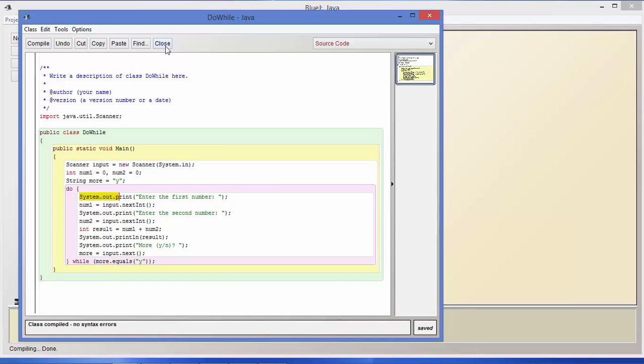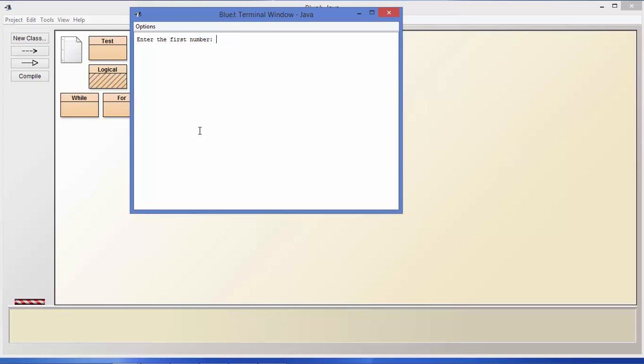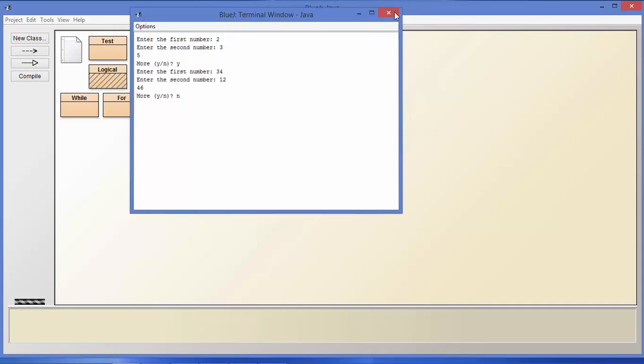No errors, so we'll close and we'll run the program. So we'll just enter a couple simple numbers, 2, 3. The result is 5. Do we want more? Yes. Let's do 34 and 12 is 46. That's enough. We've proven that we can do simple addition, so let's enter no or n, and the input stops. And we stopped again. Let me close out our output window,